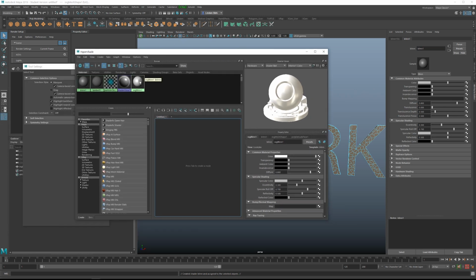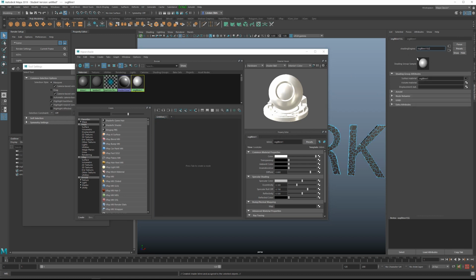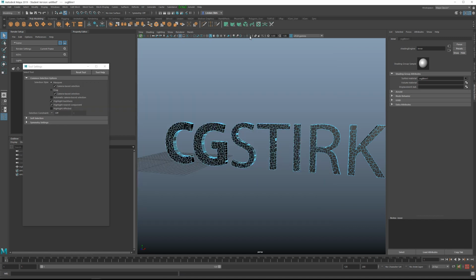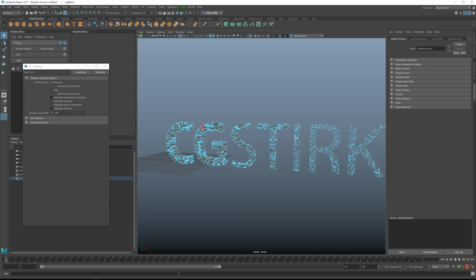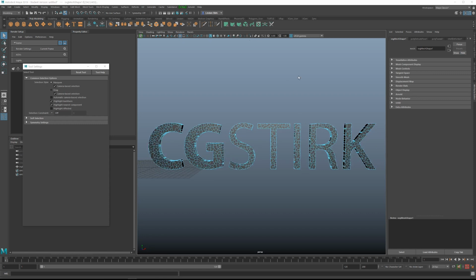Go open up our Hypershade, and this SVG blend, this was created when we created the SVG import. You want to select this, click the output connection, and then you can rename this one to be inner. If you right click over that material and select all objects with material, and then select the isolate selection button, you can then see all the faces that are inside. So these could potentially be a different material if you wanted them to be inside of Element 3D. Okay, so I'm going to de-isolate that selection.